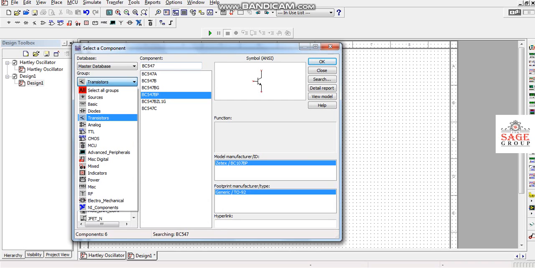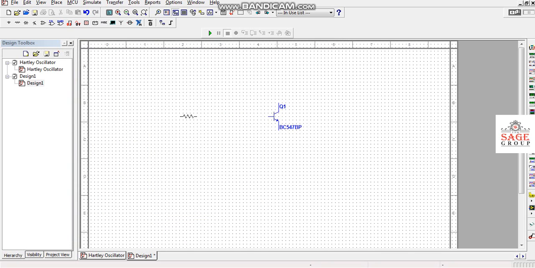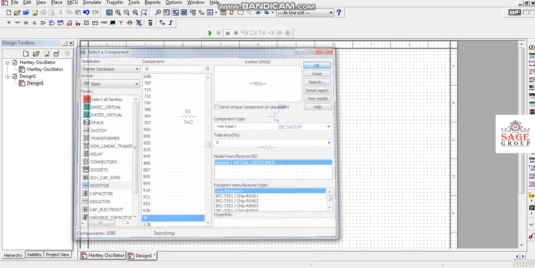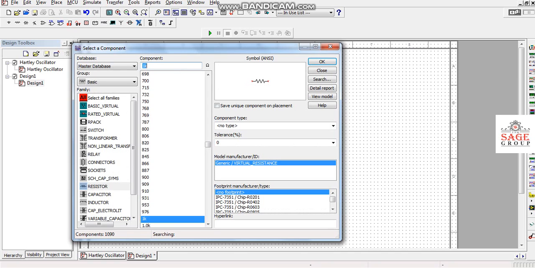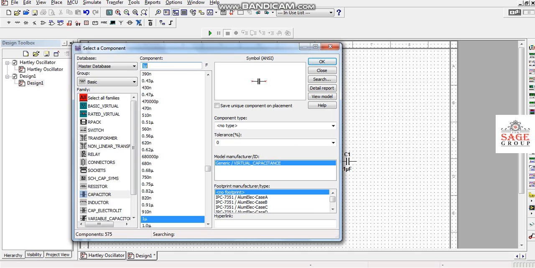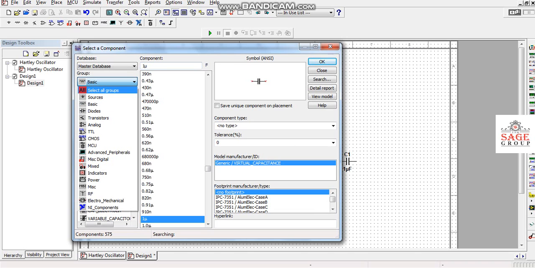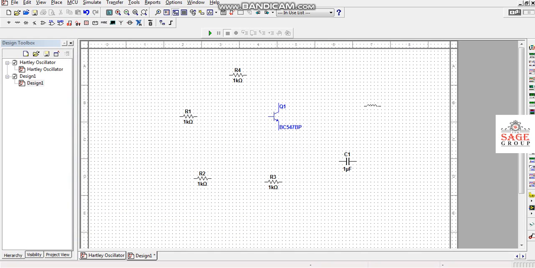Then I will go to the basic components because I require 4 resistors, so I will place 4 resistors here. Then I require a capacitor, so we can take the capacitor from there. Then we require inductors also, so we will take inductors in this way.